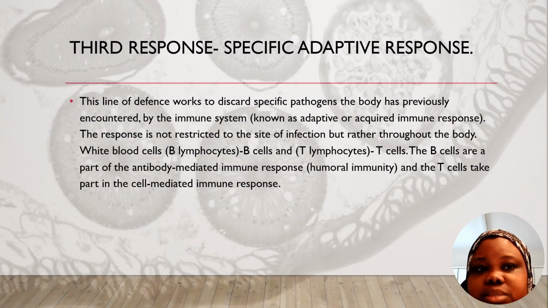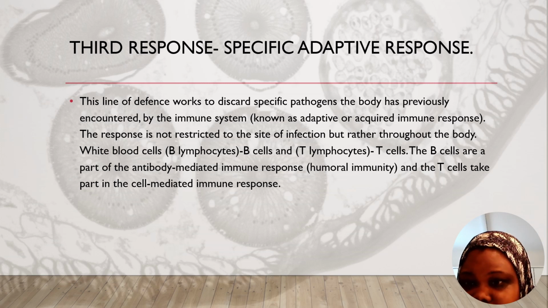So the third response, known as the specific adaptive response, is whereby the B cells encounter known antigens and engulf and digest the antigen. Then the MHC binds antigen fragments onto the B cell surface. This combination of antigen and MHC further activates T cells, causing them to secrete cytokines, which triggers the growth and maturation of antigen-presenting B cells into antibody-producing B cell plasma cells.